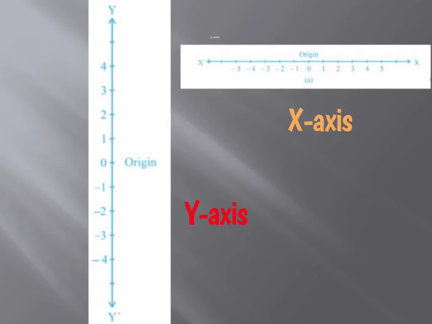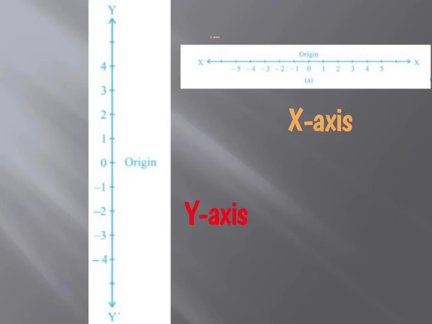Let us consider the first number line, which is vertical. Here you can see that it is represented by Y dash, and in the center of the number line, origin O is there. On the upward part of O, that is origin, or you can say 0, positive numbers are represented, and on the lower part negative numbers are represented. Such a vertical line represented by Y dash, having positive numbers towards the upward direction and negative numbers towards the lower direction of the origin O or 0, is called the y-axis.